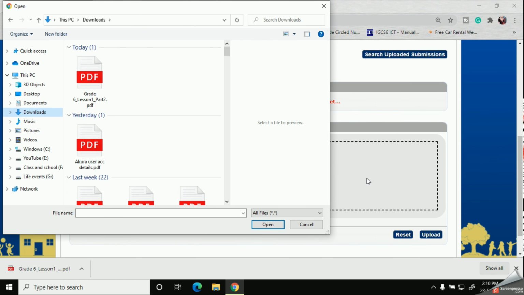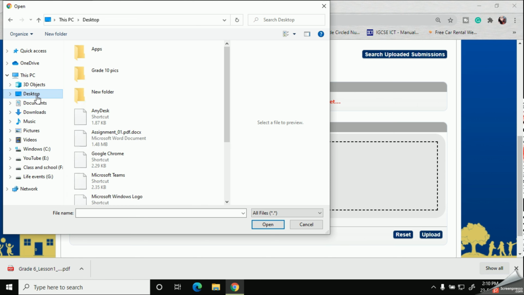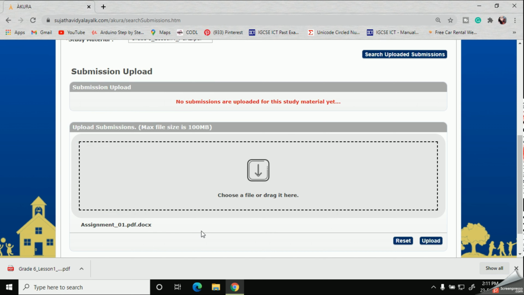So I have kept my answer sheets on my desktop. So I will click desktop. And then I will select this. Now give open. So as you can see, down below they will show me the document that I have selected.